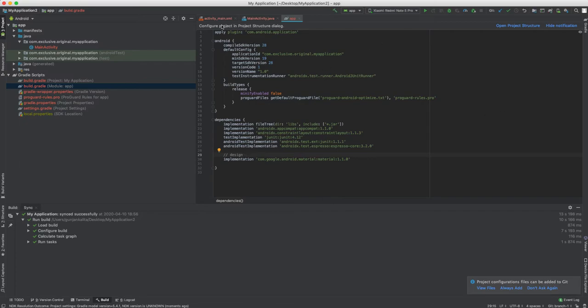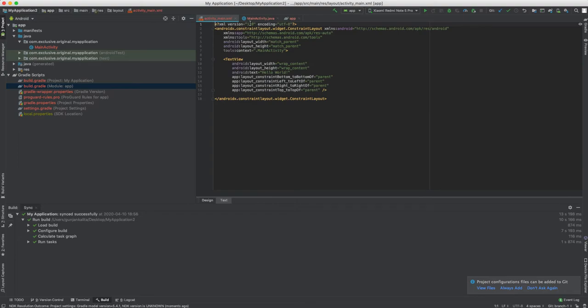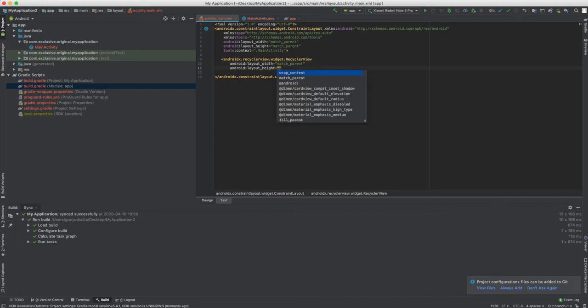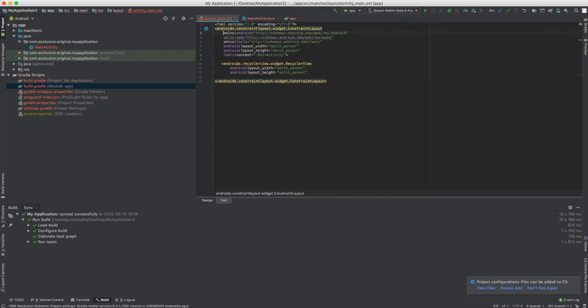All right. So first of all, let us go to the main activity.xml, and we have to add a recycler view here. So let me quickly add it. I will say recycler view, and I will give width and height as match parent and match parent. You can see that it's a constraint layout, so we can use the full power of the constraints. For that, let us give it match constraint or 0 dp,